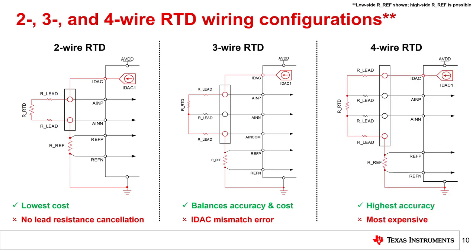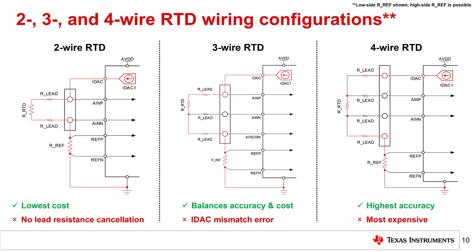The final RTD wiring option is a 4-wire RTD, shown on the right. Like 2 and 3-wire RTDs, each wire in a 4-wire RTD has some lead resistance. However, the bias current only passes through R lead in the top and bottom legs, which enables direct measurement of the RTD resistance without any influence from R lead. In other words, a 4-wire RTD provides inherent lead wire resistance cancellation, though this feature causes 4-wire RTDs to be the most expensive type.